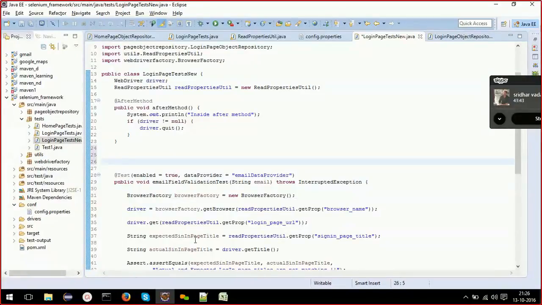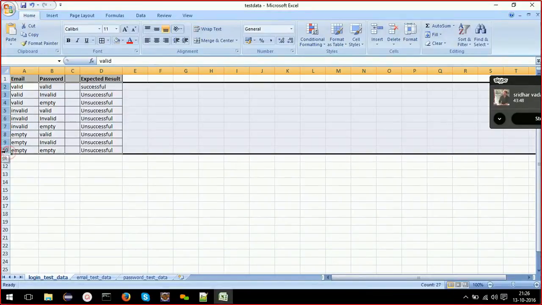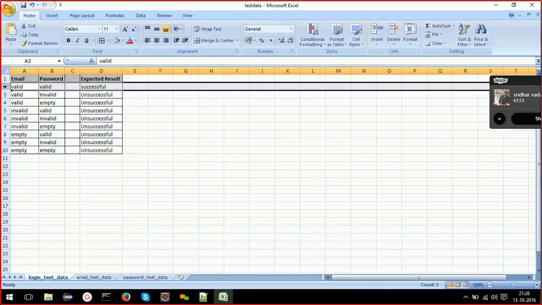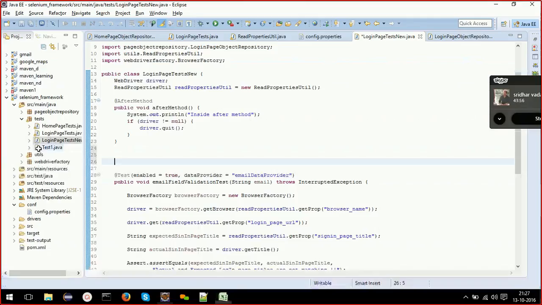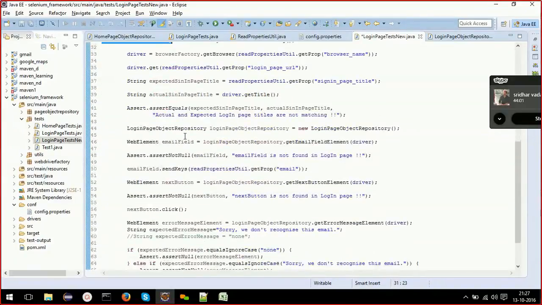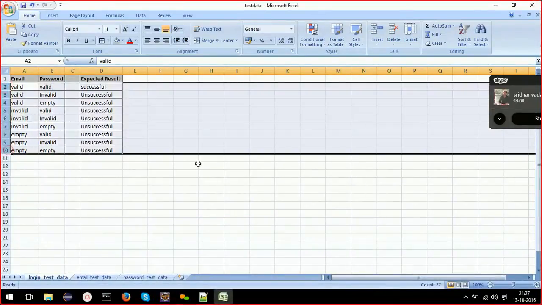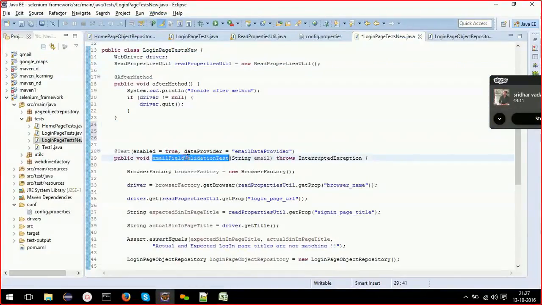Suppose you give this test data to your data provider method, this will read one line at a time and pass the data to your test case, so that you don't need to write any explicit loops or handle that. All that you need to do is create a data provider which reads this data, and pass the data provider to your test. Then that data provider passes one line of test data at a time to your actual test case.